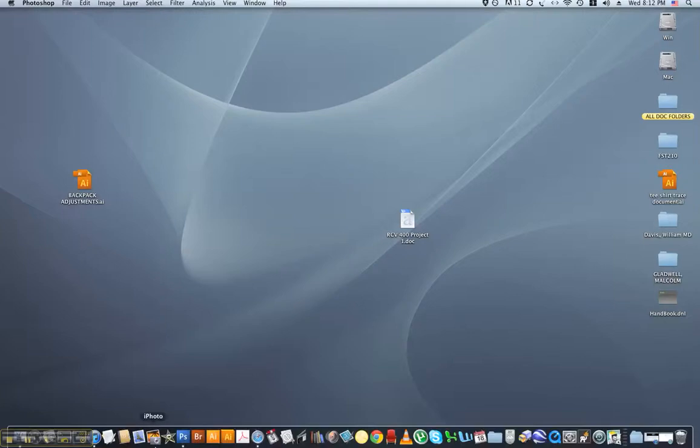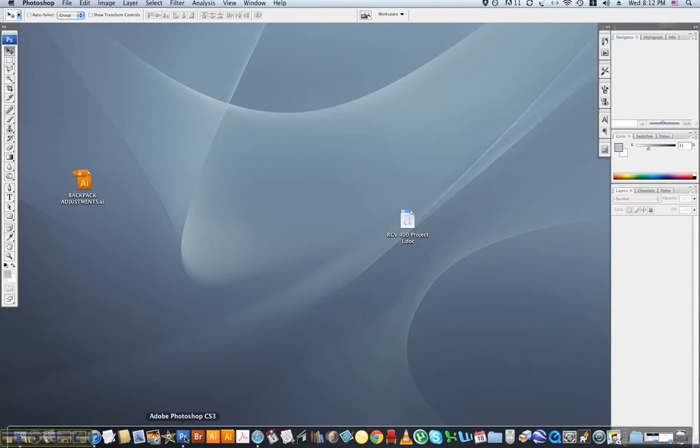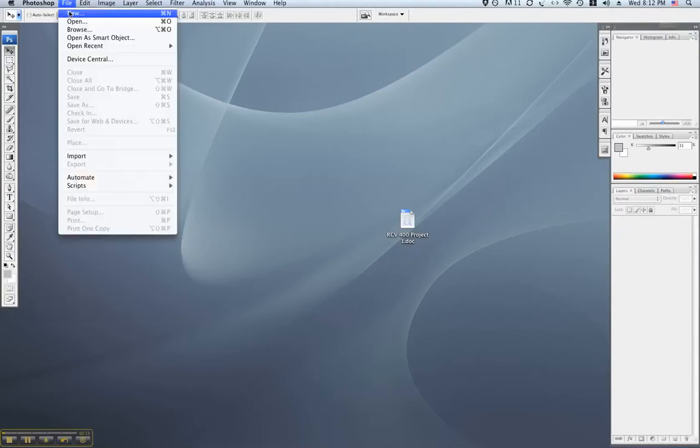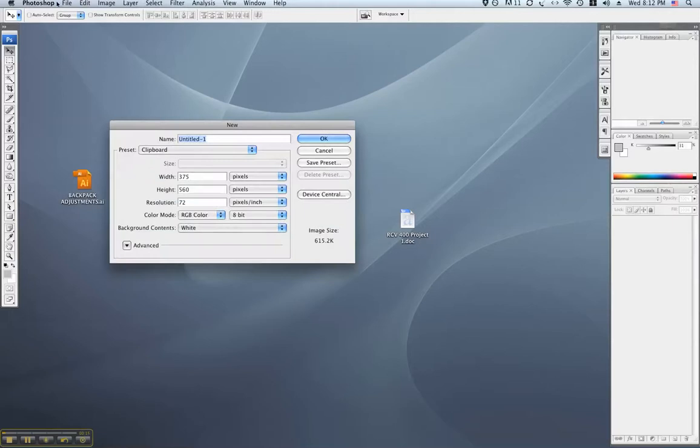Okay guys, we're going to open up a new Photoshop document. In my case, I'm opening Photoshop through my menu down here on a PC. It will be in a different place for you, but now File, New. This will be in the same place on your PC, and I'm going to make the settings 17